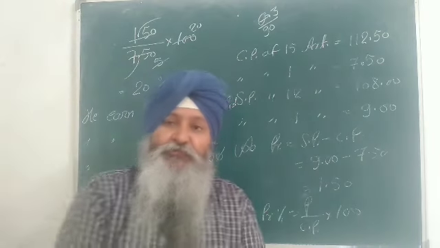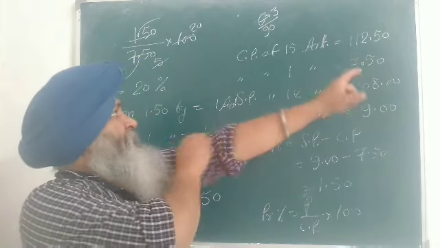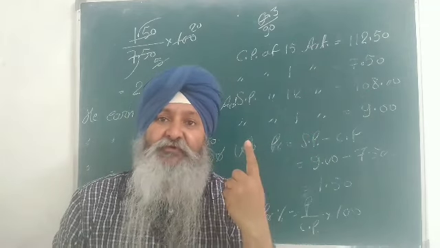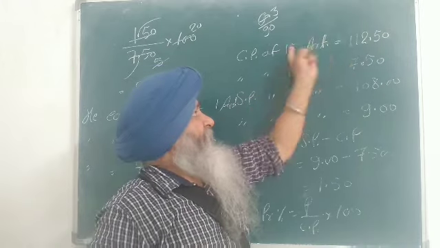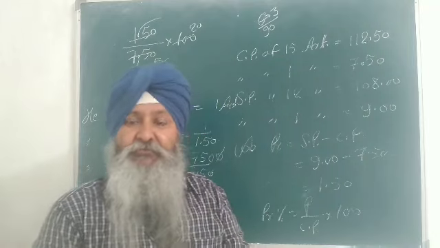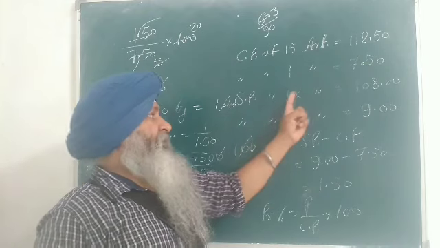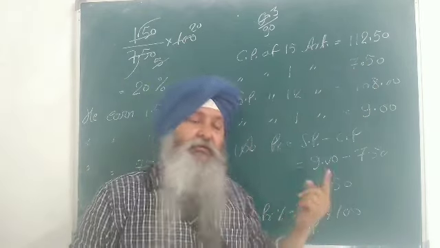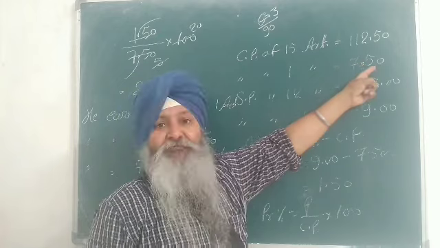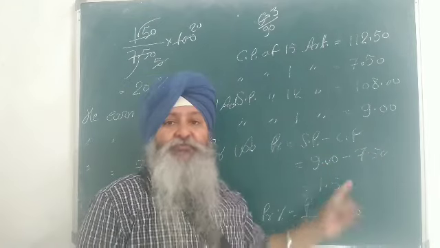This is our question. Firstly, when he goes to the shopkeeper, the wholesaler, he asks what the rate is. Then the wholesaler says that 15 articles are available for this much money. So he asks what will be the cost of one article. Then the wholesaler says this divided by 15, that is 7 rupees 50 paisa. He brings it to his shop and now one customer comes and asks him what the rate is. So he says that I will sell 12 articles for 108 rupees, that is, for one article I will charge rupees 9. So now very naturally he is buying for 7 rupees 50 paisa and selling for rupees 9. So naturally he is getting a margin of rupees 1 rupees 50 paisa.